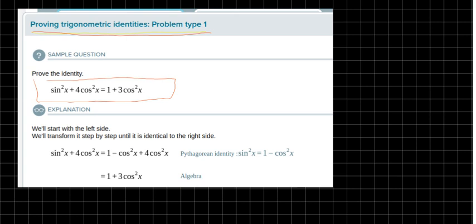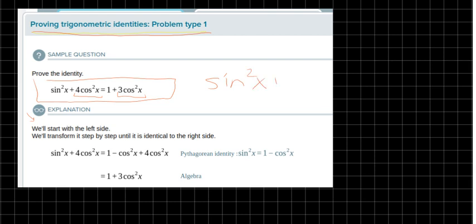So I can see that I've got 4 cosine squared x on this side and 3 cosine squared x on that side. So probably the first thing that I would do, if their explanation shows one way to do this, but probably the first thing that I would do is subtract 3 cosine squared x on both sides and end up with